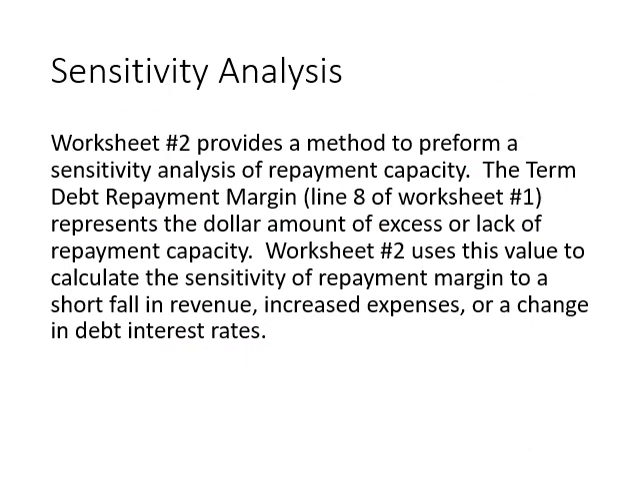Now, the next thing we want to do is look at a sensitivity analysis. Worksheet number 2 gives us a method to perform a sensitivity analysis with regard to repayment capacity. If we take the term debt repayment margin, which is line 8, it represents the dollar amount of excess capacity that we have in order to meet our term debt and principal and interest. And so if we take worksheet number 2